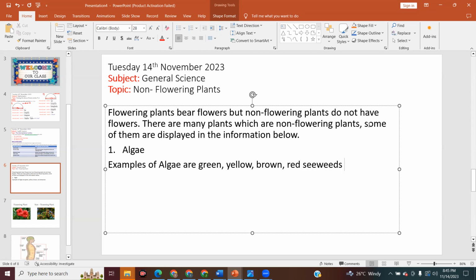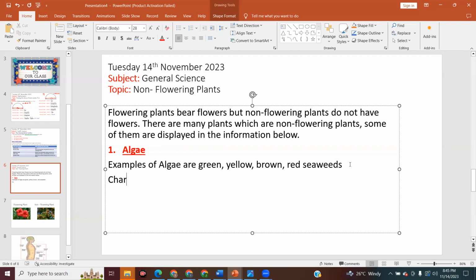Now the thing about algae is that, let me underline it. Algae, I spelled seaweeds wrong. Seaweeds. Algae, they do not have